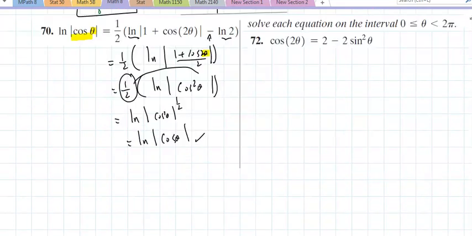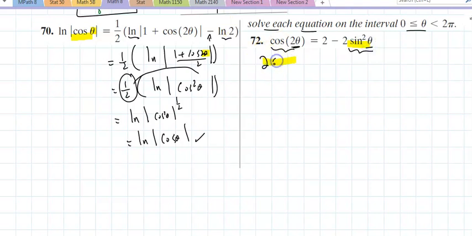The last portion of this section deals with solving equations. Solve each equation in this interval. Well, we know the drill. If they didn't touch the angle, we have 2 for each sine or cosine or tangent being positive or negative. I have a couple of options in this case. I could notice the angles are not the same. I could work with the right, use power reduction on this, or I could work with the left and say, well, cosine has 3 identities, but since I only see sine squares on the other side,